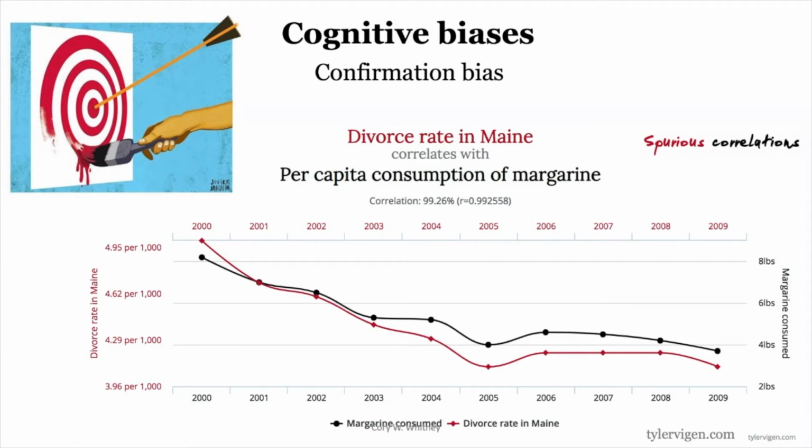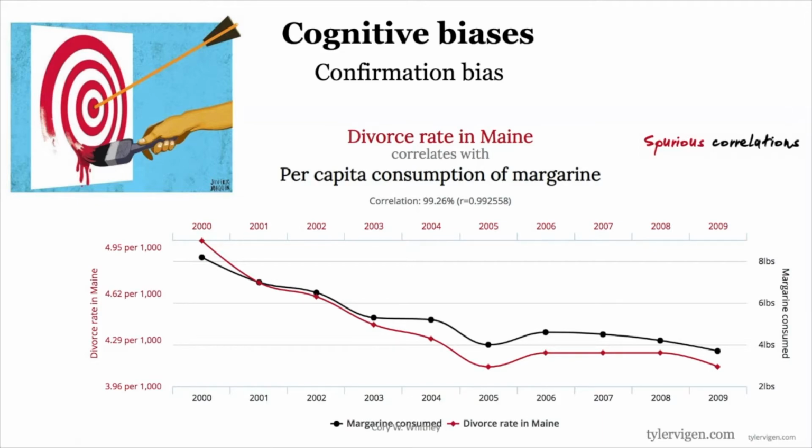So the obvious conclusion that we can come to here is that less margarine consumption, so less margarine consumed. Margarine is disgusting stuff, by the way, so this seems to make sense to me. So based on my prior belief that margarine is gross, I can somehow support my feeling that the grossness of margarine has such a major effect on society that actually the less we consume, the less we get divorced.